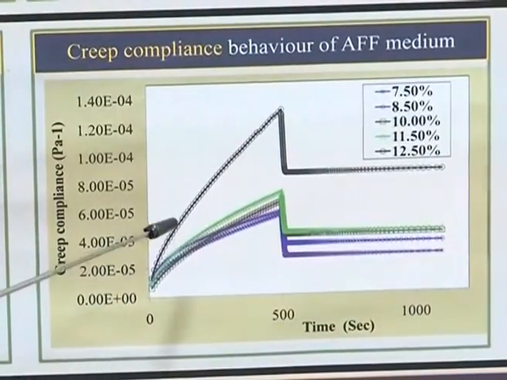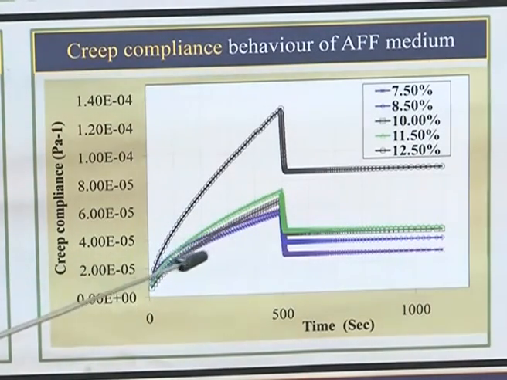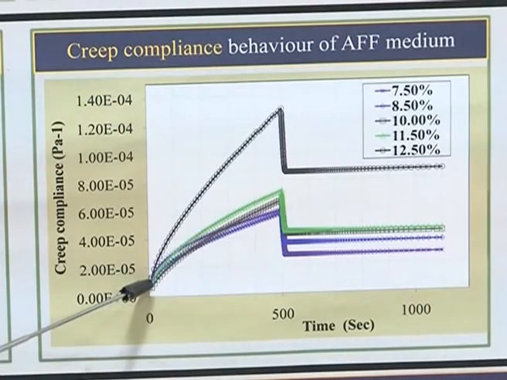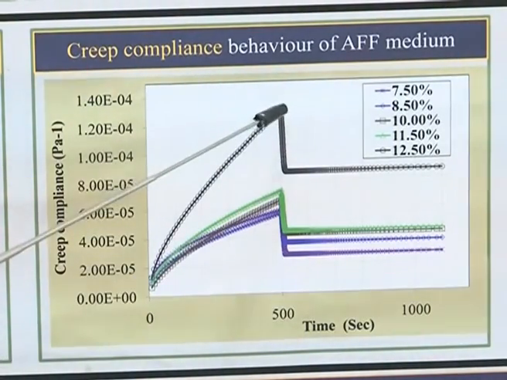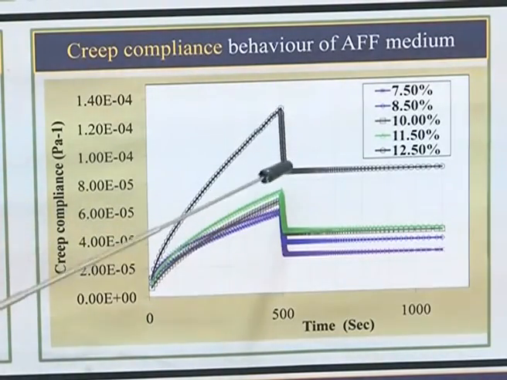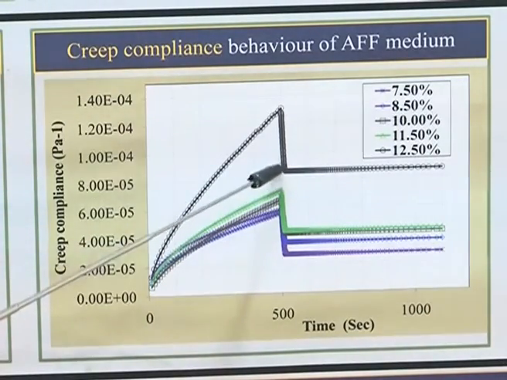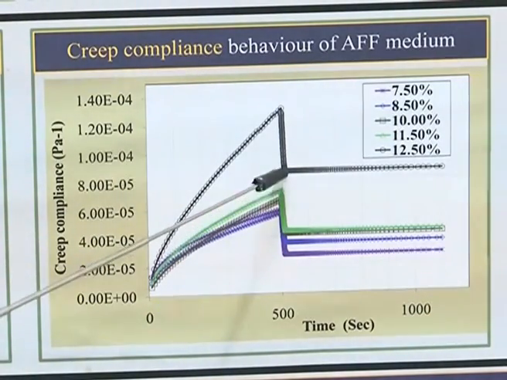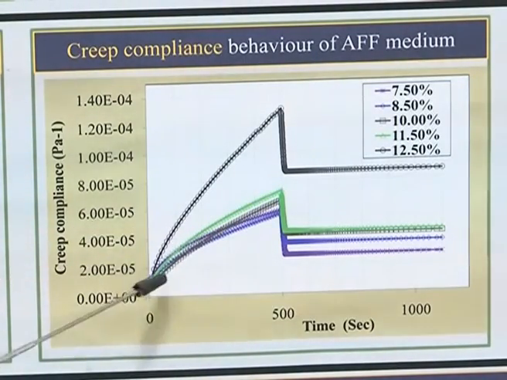Once we know the medium is a viscoelastic polymer, it will have both a viscous component as well as an elastic component. If you see the creep compliance curve, from this point to this point, it is viscoelasticity, and when you unload this, you have the recovery phase. This is called elastic recovery, and the remaining portion, if you draw a line parallel to the x-axis, the remaining portion from this is the viscous component.